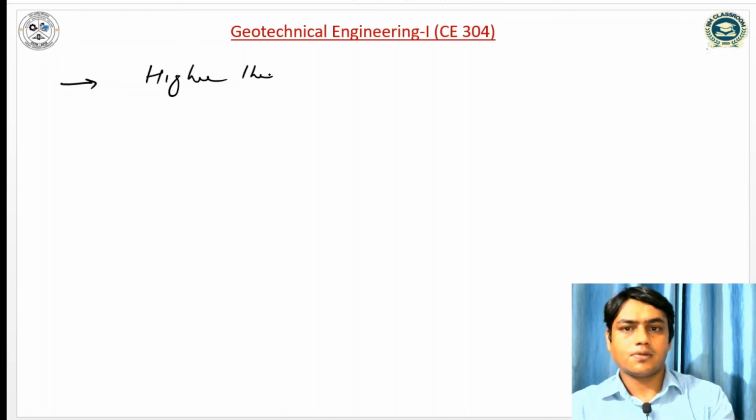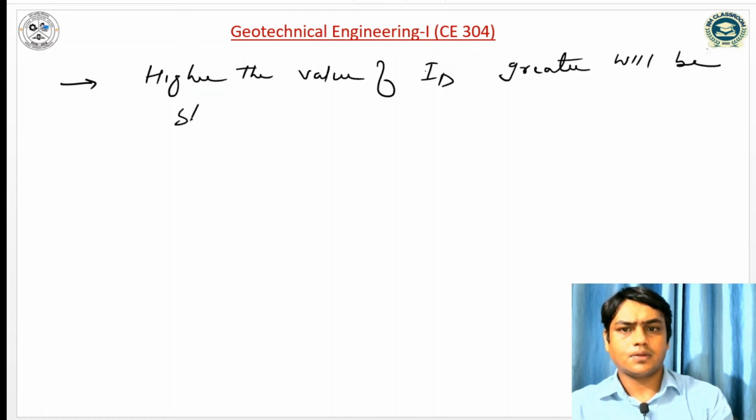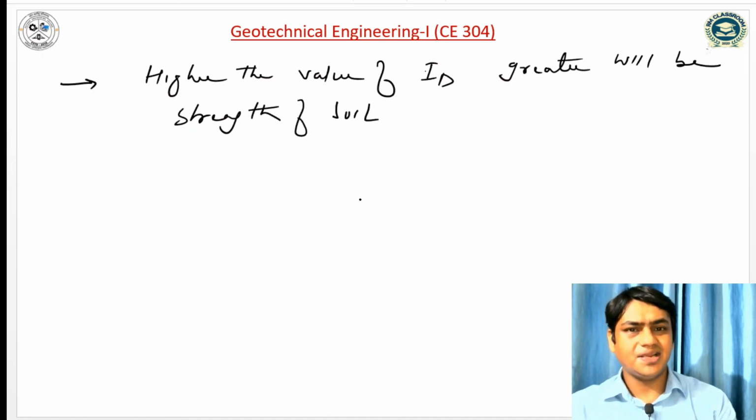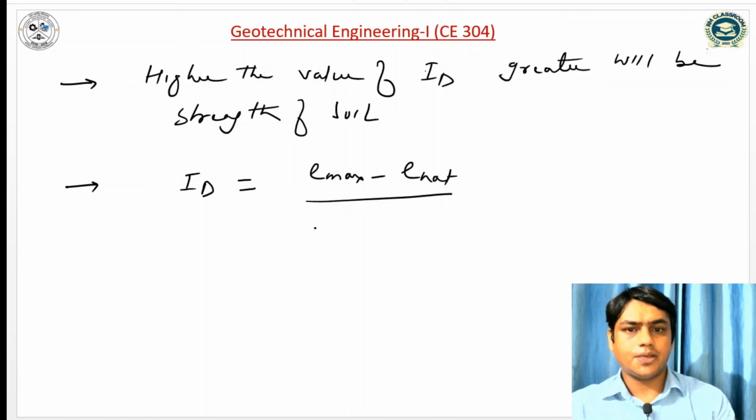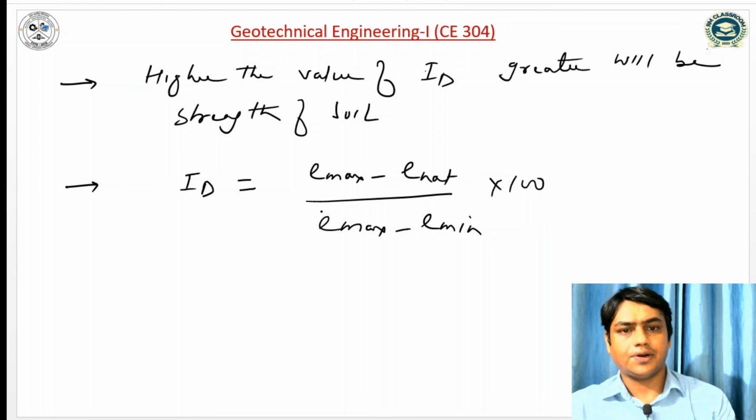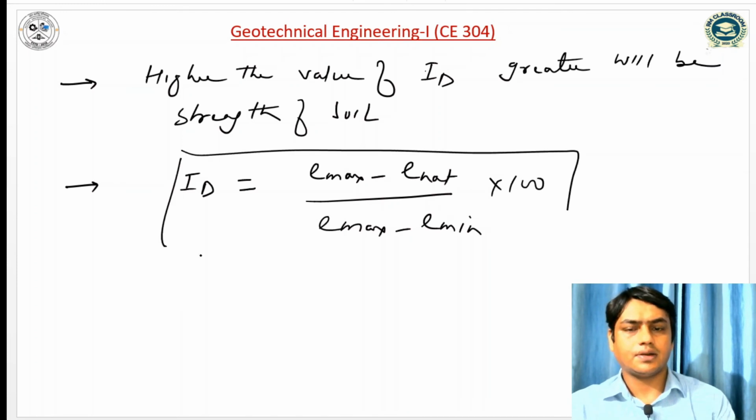Higher the value of ID, means relative density, greater will be the strength of soil, or we can say it will be highly dense. ID can be written as ID is equal to Emax minus E natural divided by Emax minus E minimum into 100. So this is the expression of relative density,